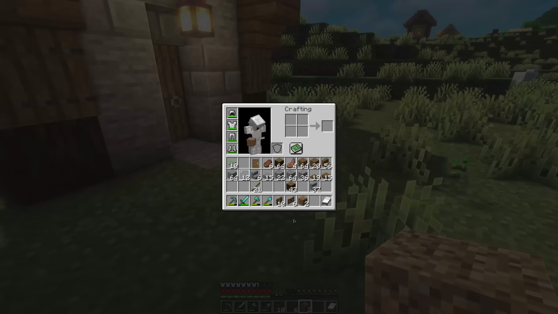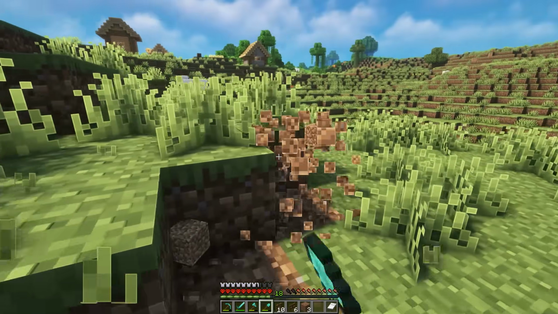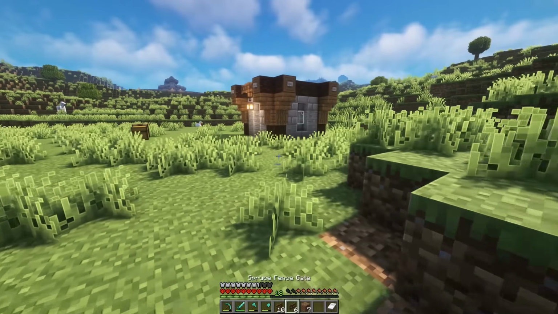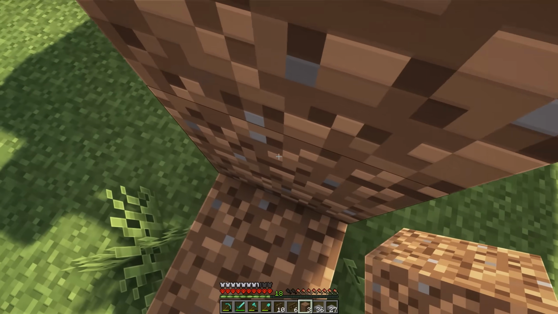And I, of course, forgot to grab my extra dirt. I do need to make some scaffolding pretty badly, as that would come in handy. I probably will go ahead and do that in a minute here. And so for this first roof here, we're just going to be adding in a simple slab kind of roof,